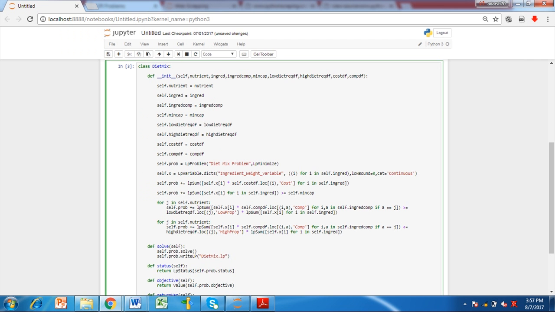We create a class DietMix for minimizing cost of ingredients used in the feed. Then we initialize the class with the init method and feed the data and data frames to it. Next, we define the problem as self.prob. The continuous variable self.x is for determining weight of the two ingredients. After declaring the variable, the objective function is defined. The objective function is the summation of weight of ingredient multiplied with cost per kilogram, where weight is self.x.